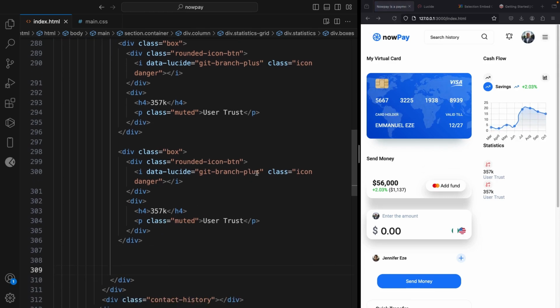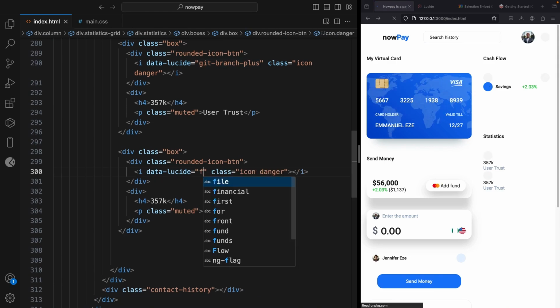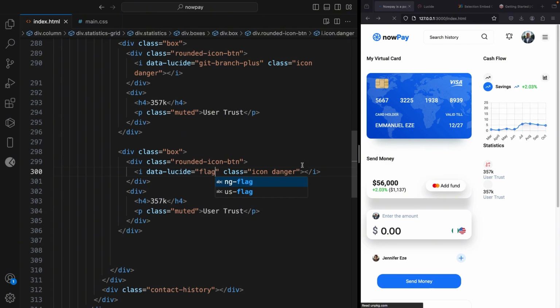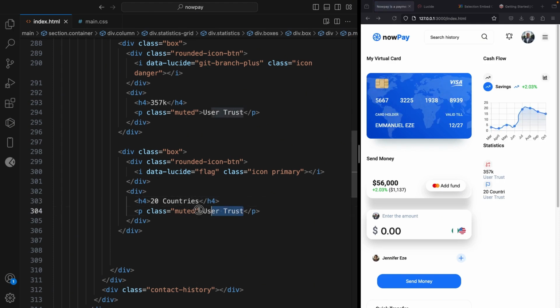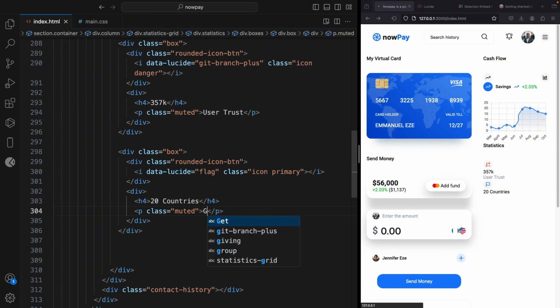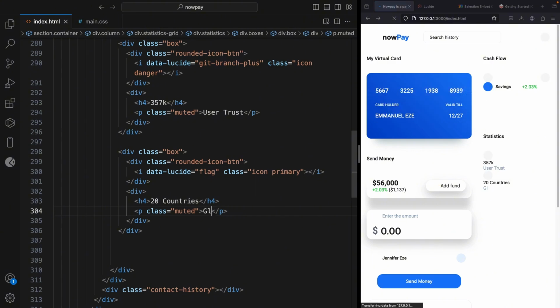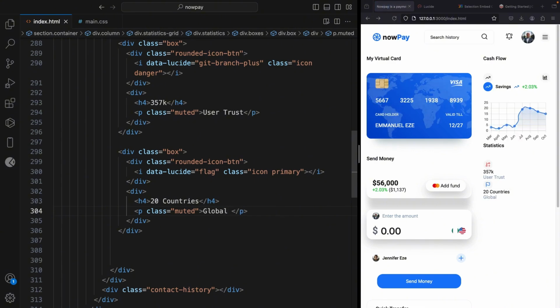Okay, so now that we paste, I am going to change this to another one. I'm going to say flag, and I'm going to change this one to summary, and let's change this value here, 20 countries, and let's change this to something like global, let's say global reach, and